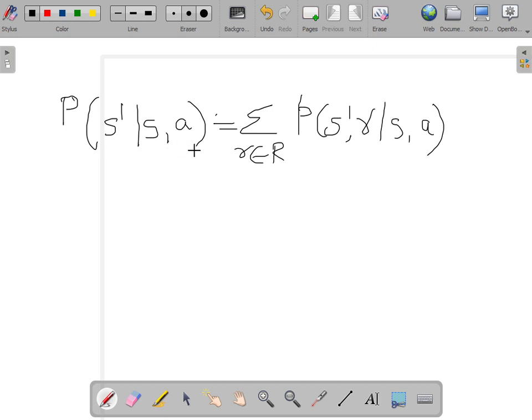Then we will be getting a reward, because we have seen in reinforcement learning that whenever an agent moves from one state to another state, the agent will be rewarded. The reward value we have taken here is R, and this small r belongs to the complete reward set. So S is changing to the state S dash by following an action A and getting a reward R. This equation is the transition probability.